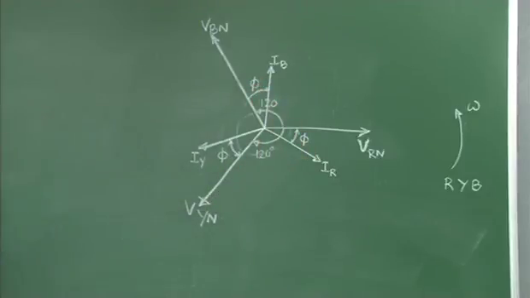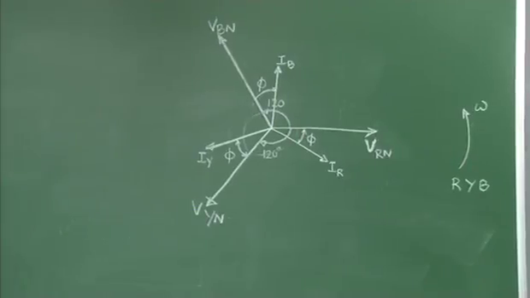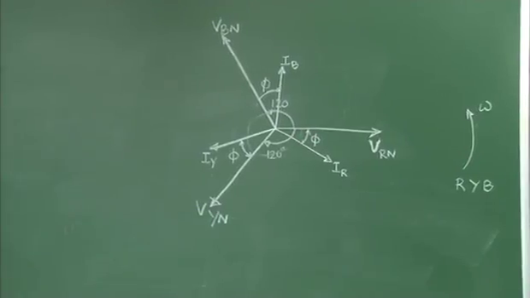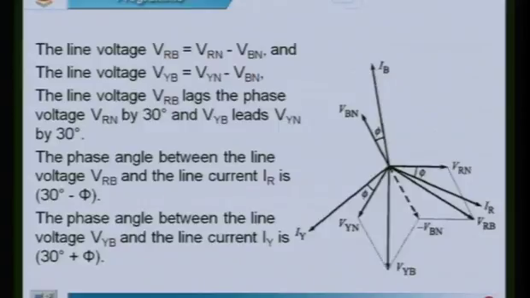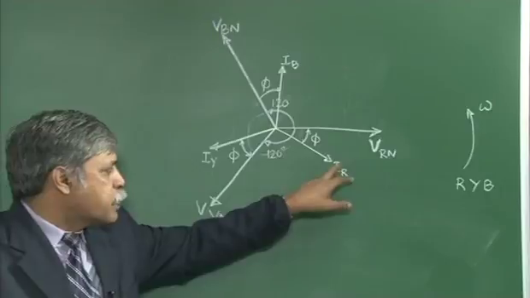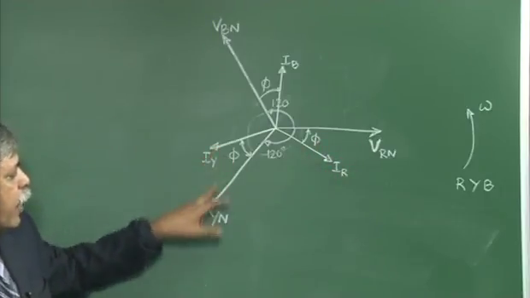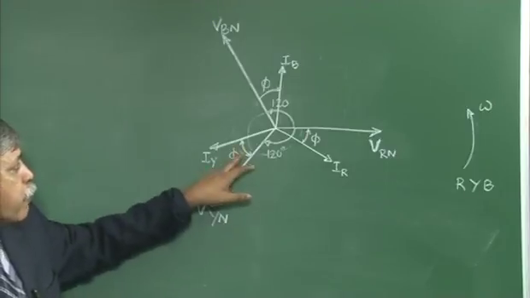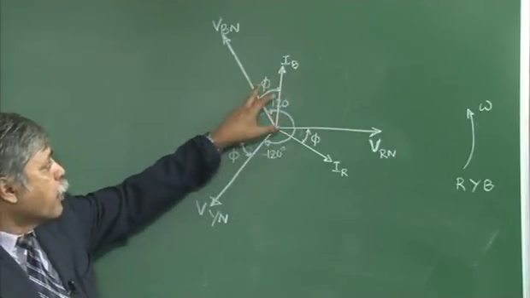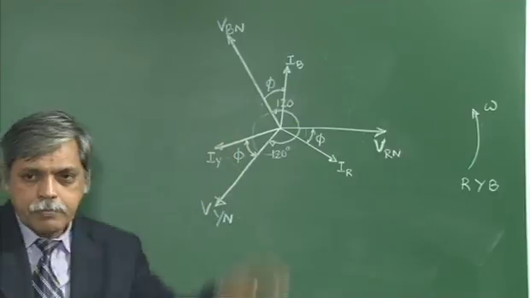So this is how I draw the phasor diagram initially, because I have assumed that VRN is the reference quantity and IR lags behind VRN, the respective voltage for this phase, by phi. Similarly, IY is lagging behind VYN by phi and IB lagging behind VBN by phi, or you can also write it as theta. It is only the angular representation.